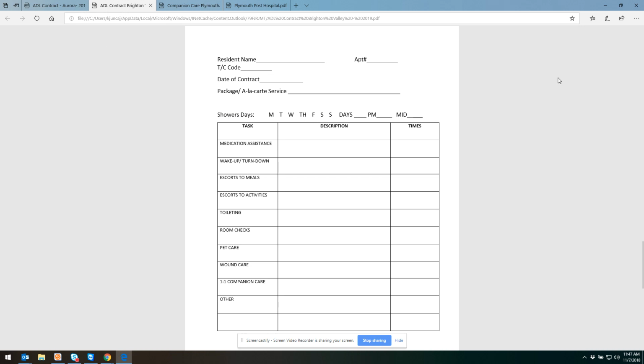There'll be one more page. This last page is for you to use as a guide to write everything down appropriately on your task sheet. So this is a task sheet guide. When you print your contracts, this will come up as the last page. Attach this